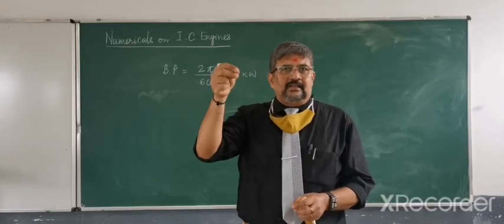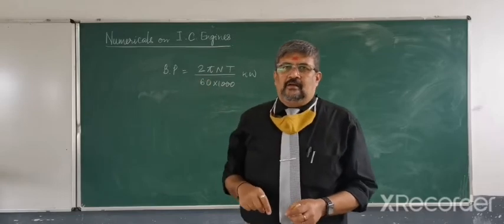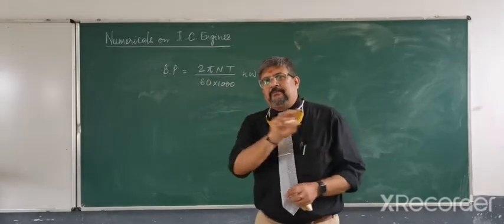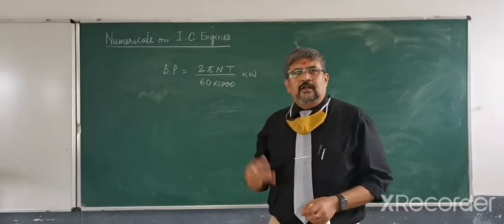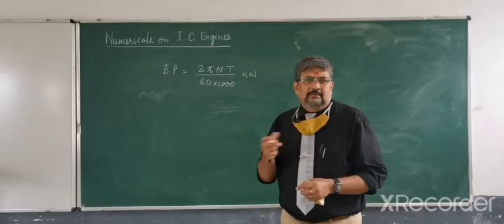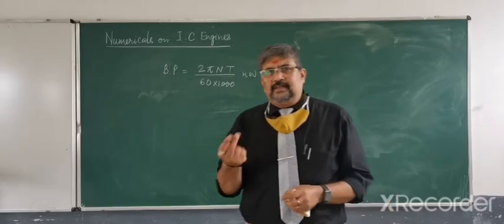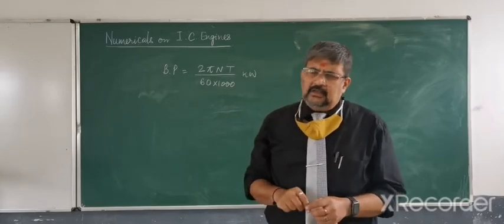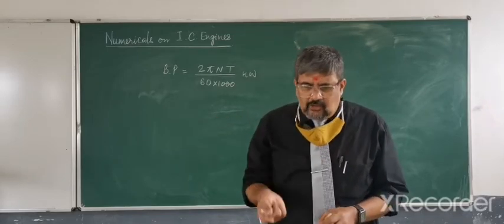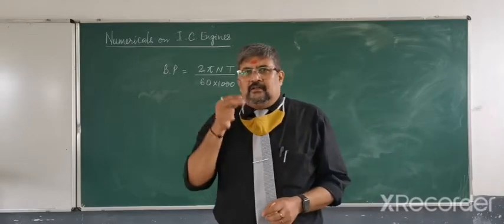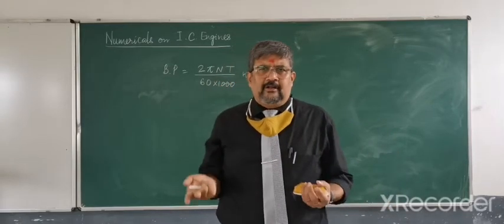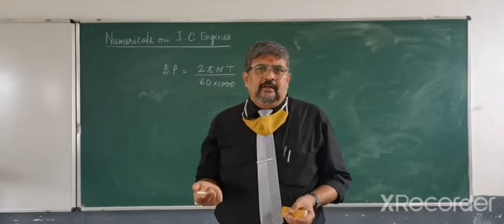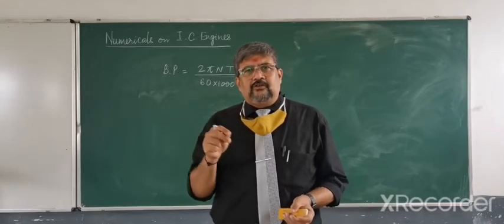So W minus S gave us the net force acting, and multiplied by the radius of the brake drum, it will give us the torque, because torque is nothing but force into distance. So we say that W minus S into R will be the torque. I also mentioned that in some cases the radius of the rope or the diameter of the rope, either of them may be given, and if it is given, then we will have to consider that.